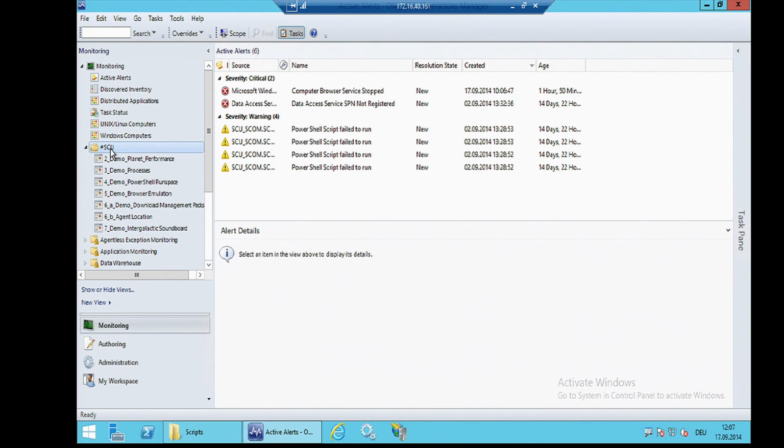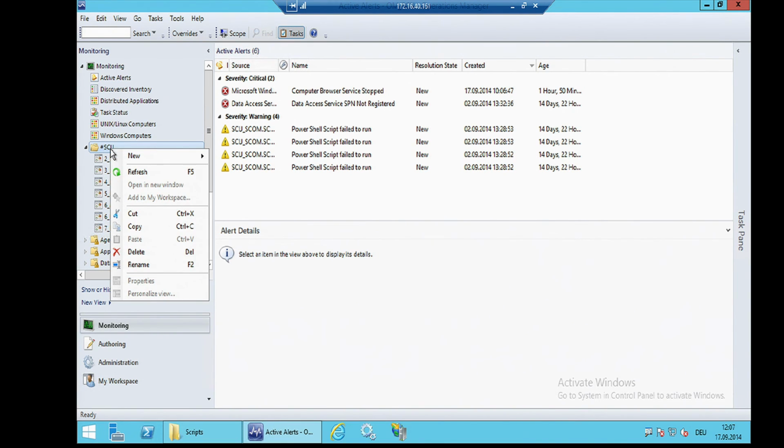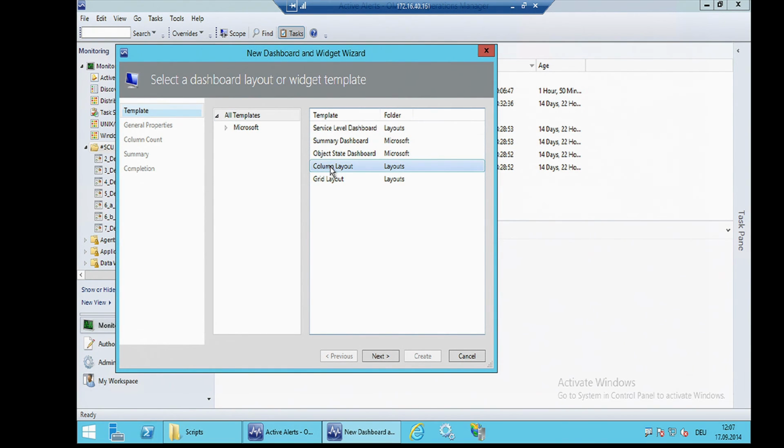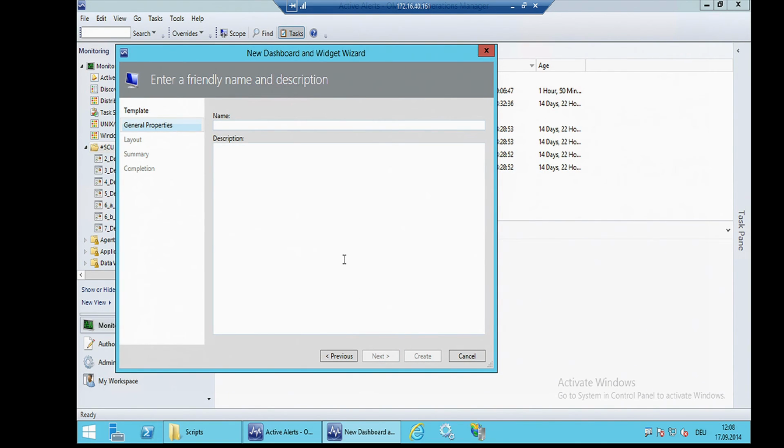For those who never have built a dashboard, just a short introduction. You click Create the Dashboard View, and then you are able to select a column layout or a grid layout. Column is, as it says, only columns, and grid is where there are multiple cells which you can arrange the way you want. So we will hit next, and I give it a name like one demo